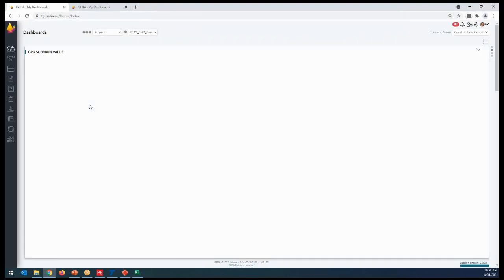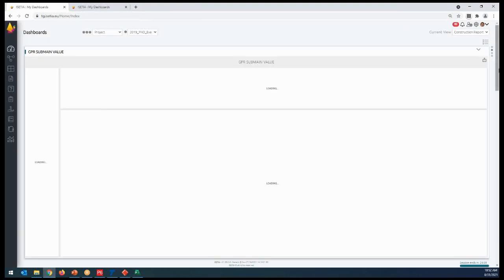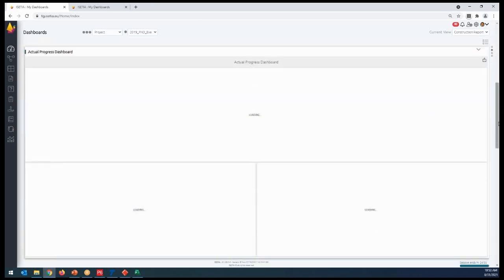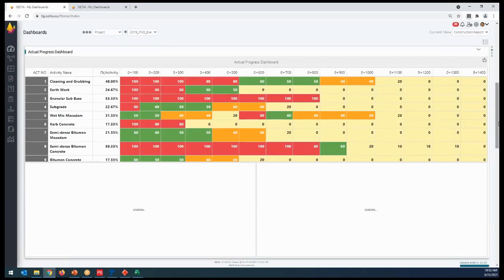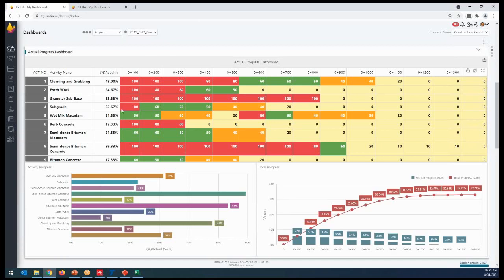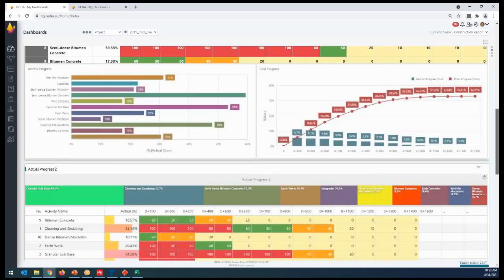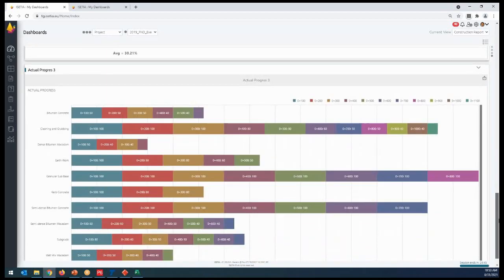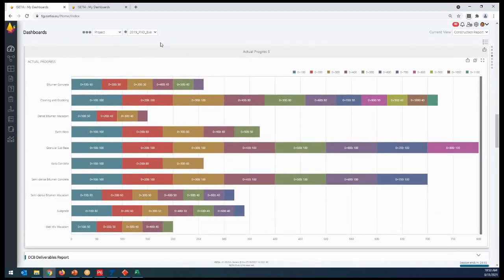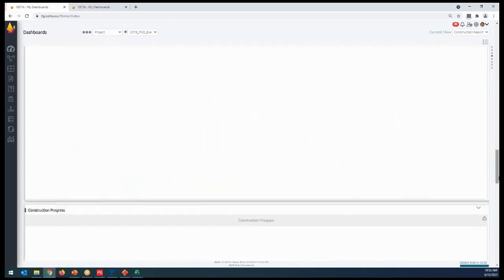By the way, we also have standard reports, if your concern is that you want to get classical SQL reports, like an actual progress dashboard. So we have S-curve charts based on the activities, on the location base. You can get for each location how many percent completed. You can get, for example, discipline-based construction activities completed.